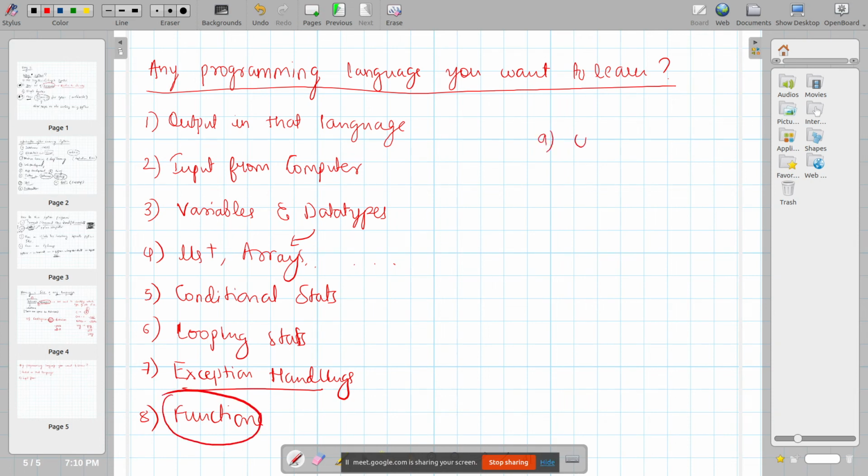After that you can learn classes and objects. We will learn classes and objects in such a way that you will never forget in your whole life. So don't worry about this OOPS concept, this actually comes under OOPS. Any programming language you want, you should learn all this basic stuff, then you can learn all the advanced stuff. After this Python bootcamp, if you want to learn Java, you obviously must know how to take input and output in Java, variables, data types, lists, conditional statements, loops, functions. All these things must be clear for any programming language you want to learn.